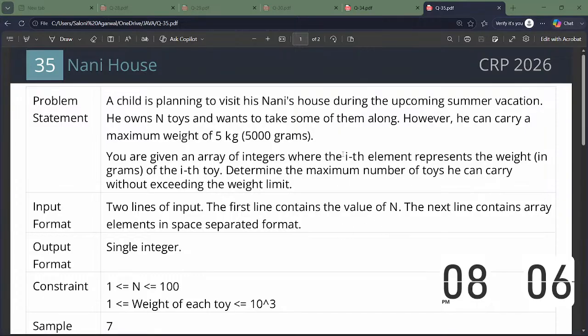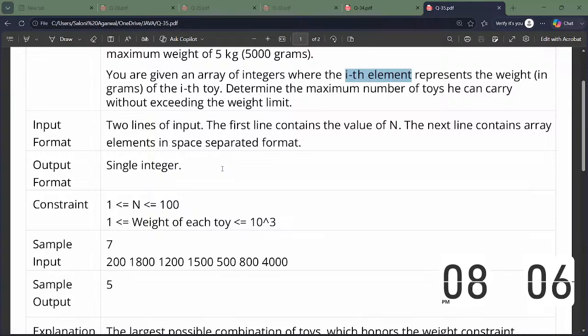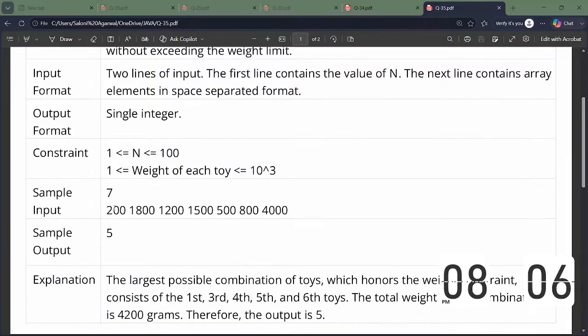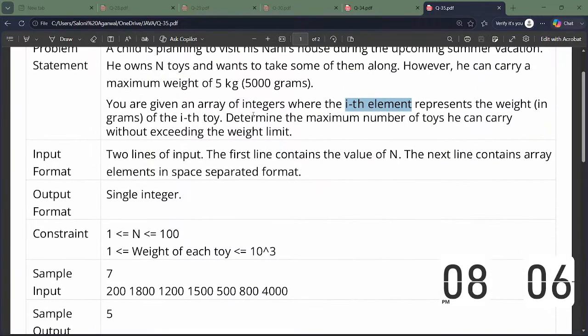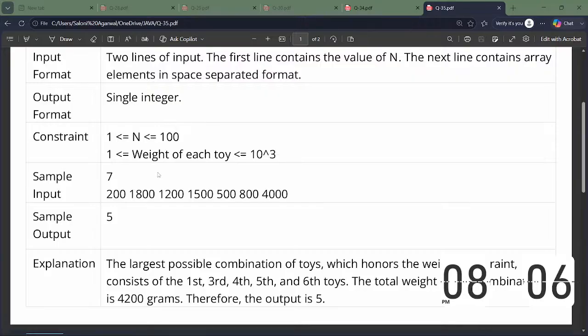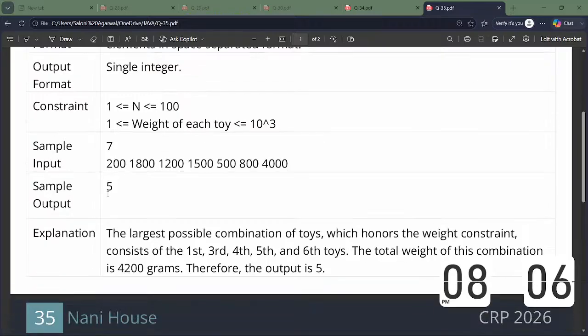उसके पास एलिमेंट ith वेट को आप ith टॉय बता रहा है, डिटरमाइन द मैक्सिमम नंबर ऑफ टॉयज ही कैन कैरी विदाउट एक्सीडिंग द वेट लिमिट, ठीक है। अब वेट लिमिट कितनी है? 5 kg। अगर हम इनपुट ग्राम में दिया तो हम 5,000 कंसिडर करके चलेंगे। सो अगर हमने सॉर्ट कर लिया 200 1200 1500, तो आई थिंक सॉर्ट कर लें।